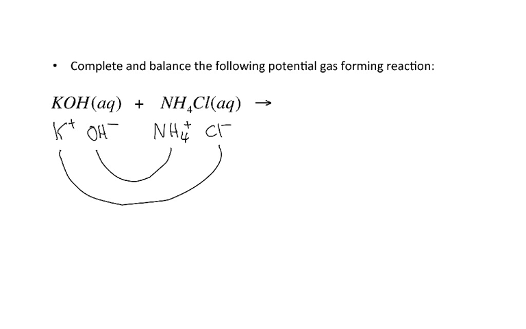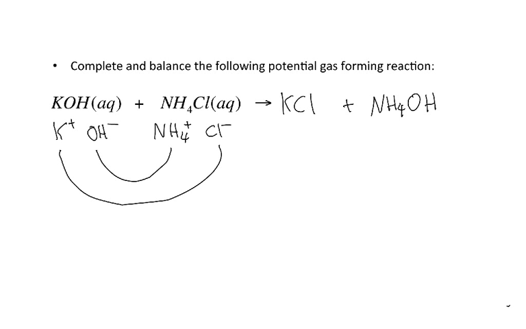Potassium chloride: potassium is +1, chloride is -1, so they'll combine in a 1-to-1 ratio. So my first product is KCl. And then my second product, ammonium is +1, hydroxide is -1, so my product is NH4OH. Now, for precipitation reactions, we'd want to check the solubility rules, and we also want to check the gas-forming